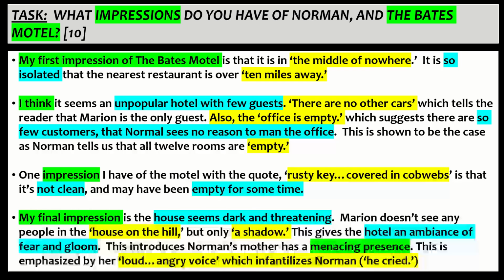So there you go. So I've got almost 10 quotes, some really easy, and then some where I've delved in. That is really going to get you the marks. Remember, each answer should basically, what's the question? Impression. Give me an impression you have of Norman at the hotel. Back it up with a quote. Remember, you don't get any marks if you don't back it up with a quote. And if I want to push myself, maybe towards the end of my answer, give me one of those where I talk about a development in the character, a change in the character from beginning to the end of the extract. So I hope that's been helpful for you.